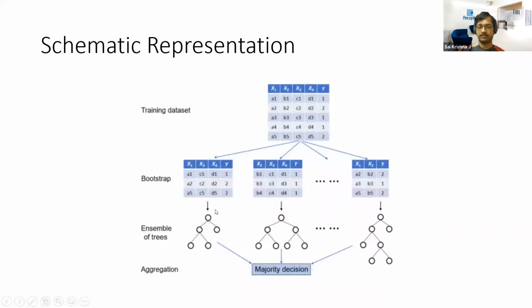A decision tree is fairly simple. For example, let's say you have electoral rolls data, and you have to predict for each person in the electoral roll which party he or she is going to vote for. Let's say there are 2 parties, party 1 and party 2. That will be indicated by the y here. A decision tree is nothing but it will take one variable. For example, x1 can be something like age. So is the age of the person less than 50, or is the age of this person greater than or equal to 50. The left branch will be age less than 50, and the right branch will be age greater than 50.